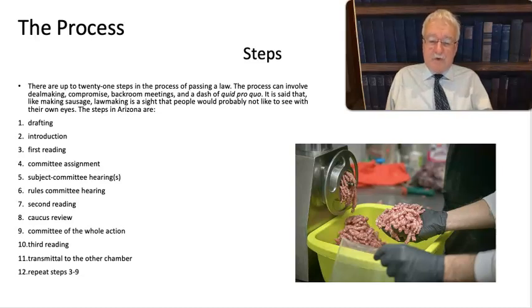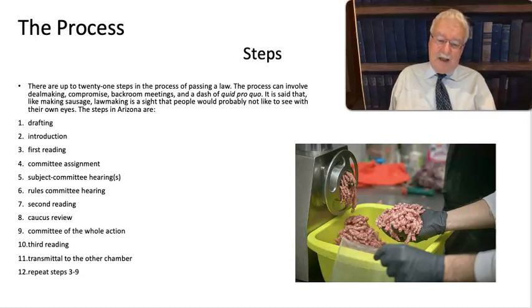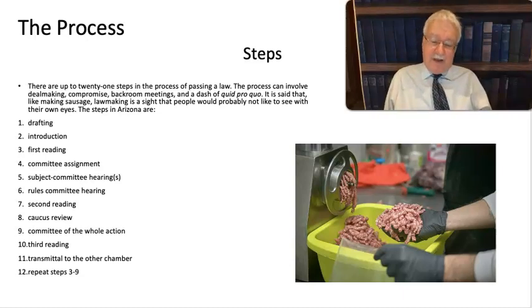All right, drafting the bill, introducing it, first reading, assignment to committee or committees, hearing in the subject matter committees, rules committee hearing, having a second reading, having the caucus review it, going before the committee of the whole and getting voted out with or without amendments, a third reading of the bill, and then, if it passes, it's transmitted to the other chamber where steps 3 through 9 are repeated. And then,